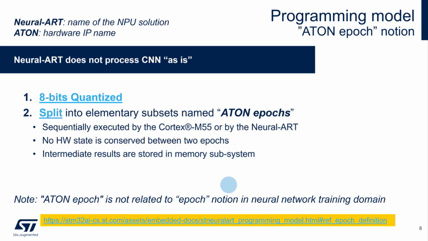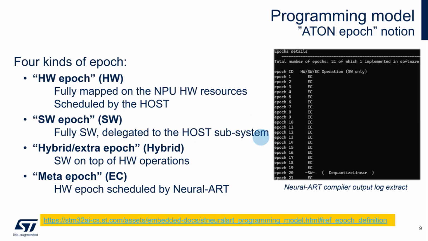An epoch in neural network training is the same word, but it's a totally different item. So what is an epoch? What kind of epochs are available? Here on the right side, you can see the output of the